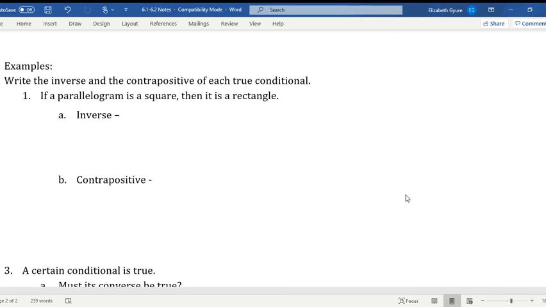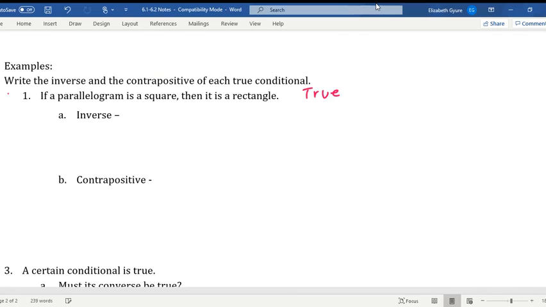So if a parallelogram is a square, then it is a rectangle. That is our true conditional statement. If P, then Q. So our hypothesis is a parallelogram is a square. Our conclusion is it is a rectangle. Absolutely, that's 100% true. And I'm even going to write down, just so we don't forget, this is certainly a